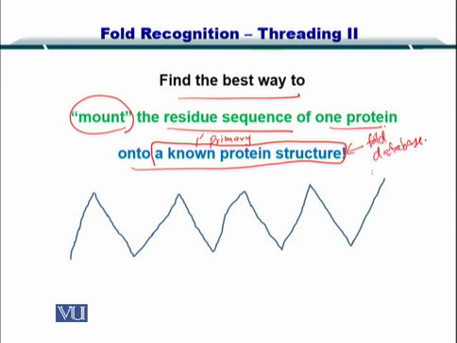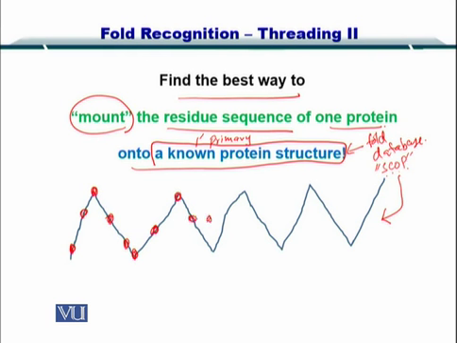One of such databases is called SCOP, which means Structural Classification of Proteins. So let's say if you find this structure in the SCOP database, then what you do is you put your sequence along the backbone of this structure